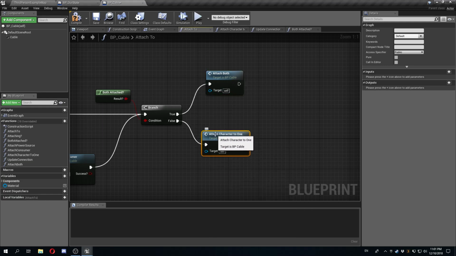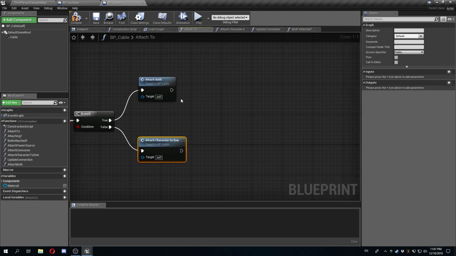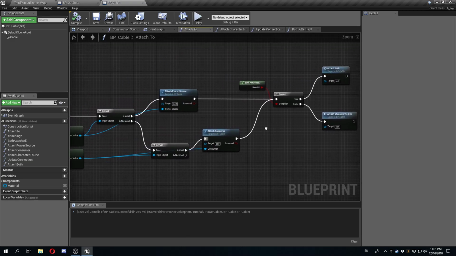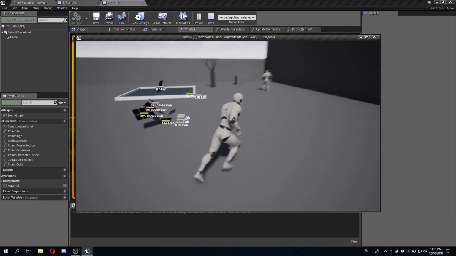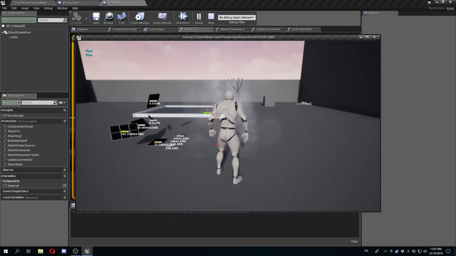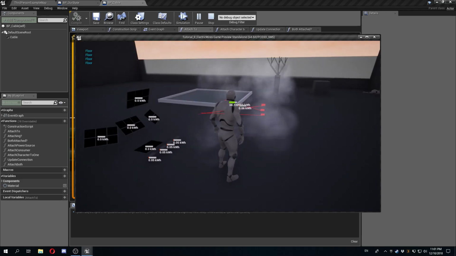See how this gets reused, all those functions. And so if we did attach both, we want to do something else later, which is actually connect the receivers and all that to our power supplies and power containers. But for now, let's go with the rest. So if we run it now, we don't see anything because we don't have anything to do. We're still doing the fuzbar or something